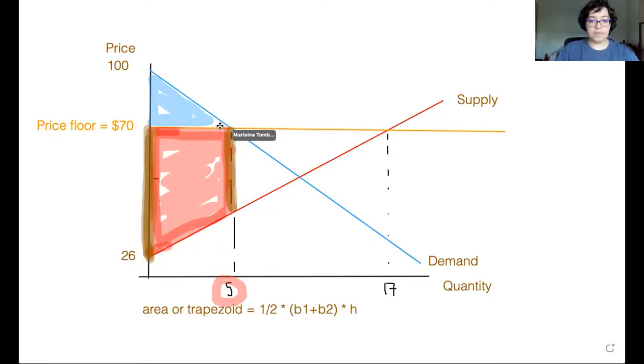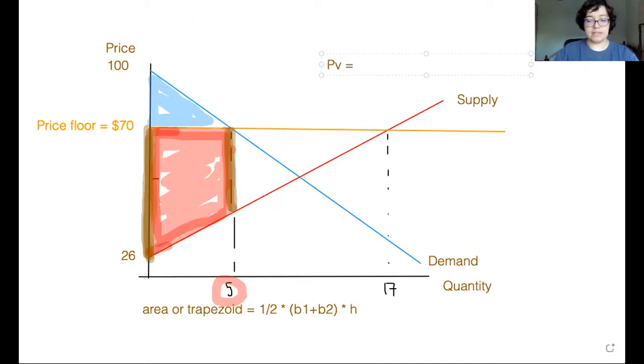And over here, again, we're going to start up here at the price floor and come down to this point right here. If you have your Ignitium window still open, you can just highlight over the dot and see what that value is. If you don't have your Ignitium window open, if you closed the window once you took your screenshot, what you're going to do is notice what we're looking for is the price right here at the quantity of 5 units. So you're going to get your equation,